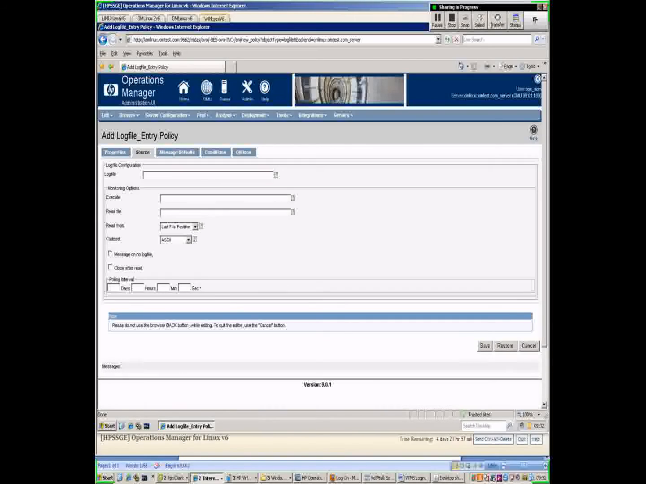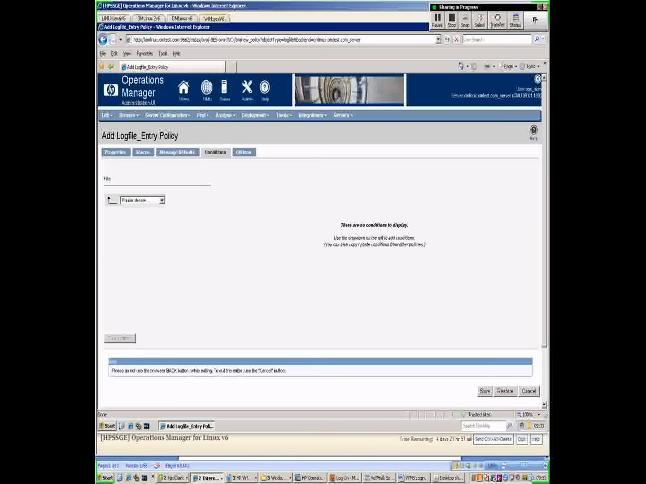Then in the Source tab, I'm going to specify the log file that I want to read and how often I want to read it. The log file I want to read is a file called oracle.log. So I type in here /var/log/oracle.log, and I want it to read it every 30 seconds. So every 30 seconds OM is going to open this log file. And in the conditions part, I tell it what I want to search for, what types of lines. So I click on conditions,